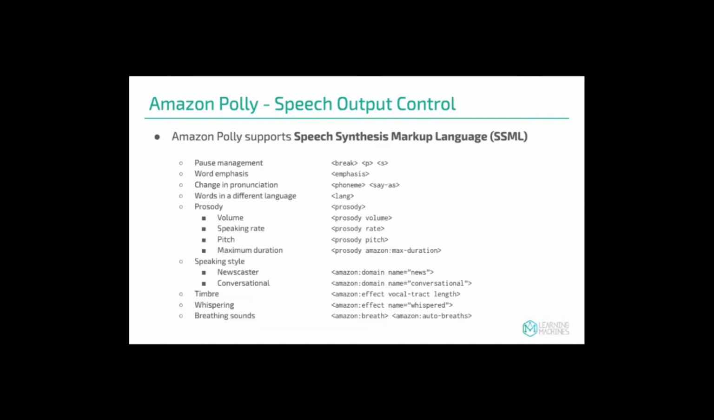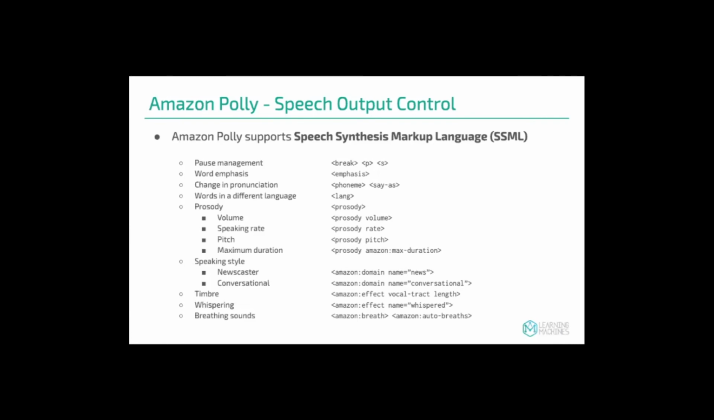Now, sometimes you need a bit of finer control over the output of these types of systems. And so Amazon Polly supports something called Speech Synthesis Markup Language, or SSML, which can control quite a number of different aspects of the generated voice. So for instance, prosody, which talks about the volume or the speaking rate or the pitch, things like custom pronunciations or emphasis, also controlling the speaking style that I mentioned earlier, like the newscaster style or the